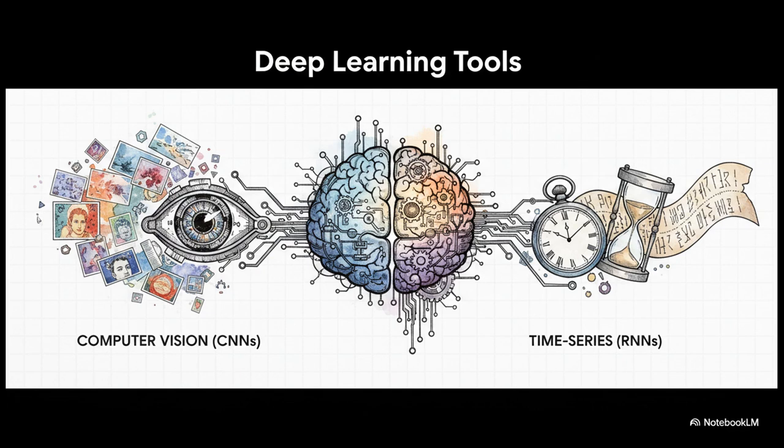This is where we handle unstructured data, stuff that definitely doesn't fit neatly into a spreadsheet, like text, images, video, and audio. To work with this, you need seriously powerful tools. You'll start building complex, multi-layered architectures known as neural networks. Using frameworks like PyTorch and TensorFlow, you'll build convolutional neural networks, or CNNs, which basically act as the eyes for computer vision tasks, like object detection. You'll also use recurrent neural networks, or RNNs, which handle sequential and temporal modeling. That makes them perfect for time series data or foundational text processing.